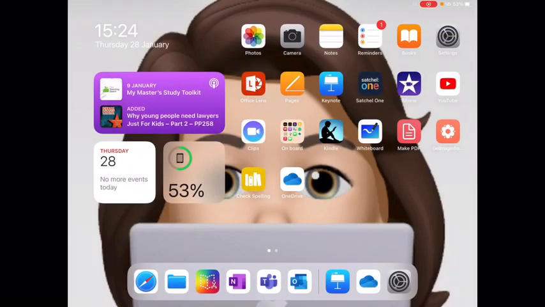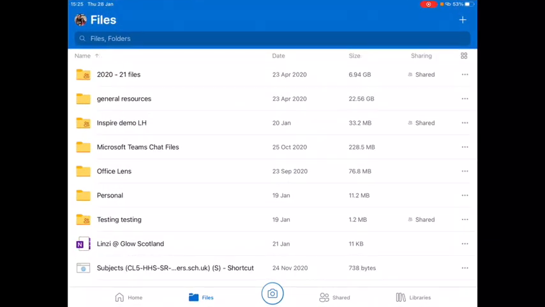If you are producing written work or drawings and images for your teachers and still want to be able to submit this work in a way that the teacher can write on and give you feedback on, then one way to do this is by using the OneDrive app and scanning your images in there instead of taking photos with the camera. To do this, you could open the OneDrive app, choose the folder that you want this to be